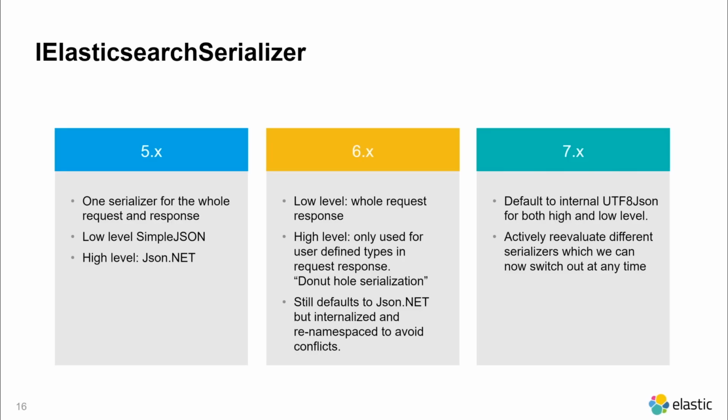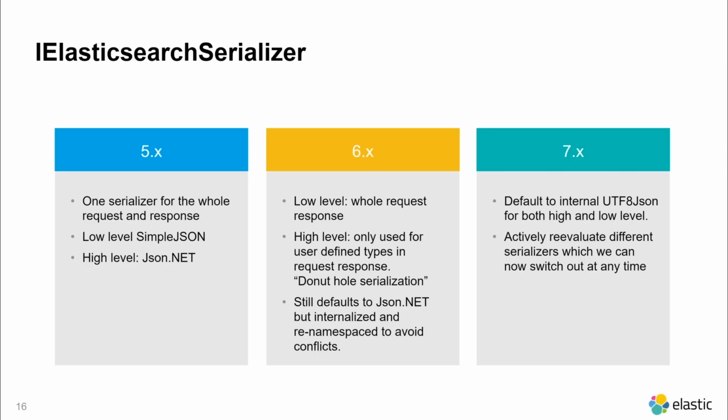The problems with this were twofold. One was that JSON.NET allows you to specify static configuration. So if somebody specifies that type information should be serialized statically, then all of the requests to Elasticsearch will contain $type information. We got quite a few bug reports saying, hey, the call to Elasticsearch doesn't work, and then we found out they had a static JSON.NET configuration. And secondly, every time a new major version came around for JSON.NET, we basically got two bug reports. One was, please update the major version for JSON.NET, which we then promptly did. And the second one was, hey, please don't update to the latest major version of JSON.NET yet,